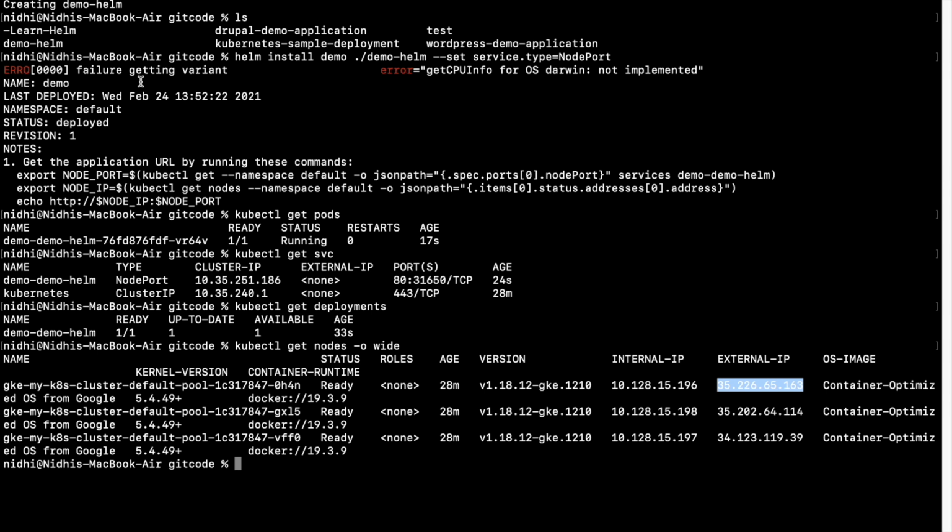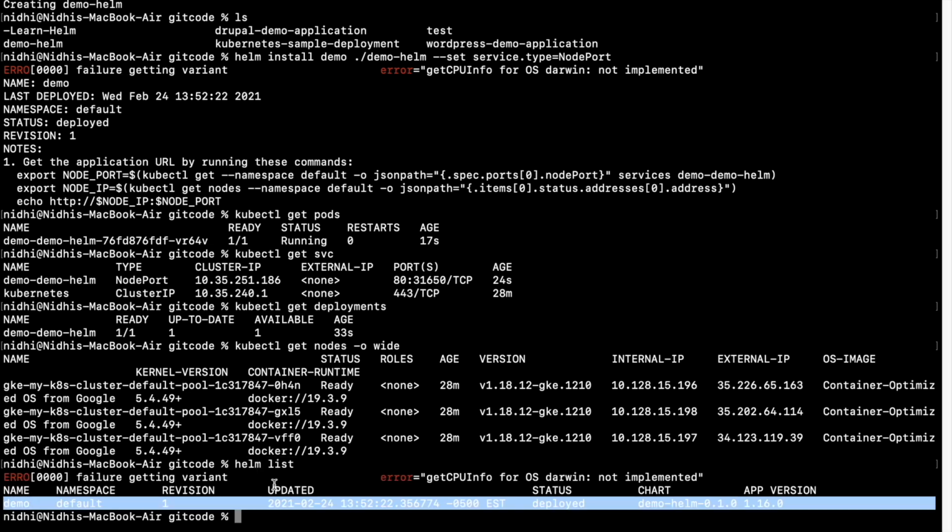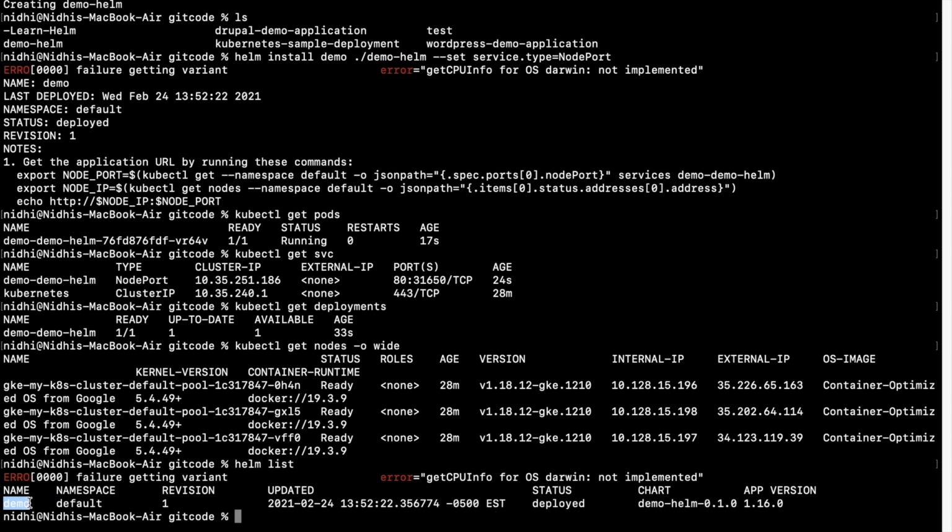You can do that also. But I have shown you how you can create your custom Helm chart. And with the basic commands of Helm, you can see helm list. It has created this particular release. Here you can see the name, updated time, status, chart, everything like this. So yes, thank you.